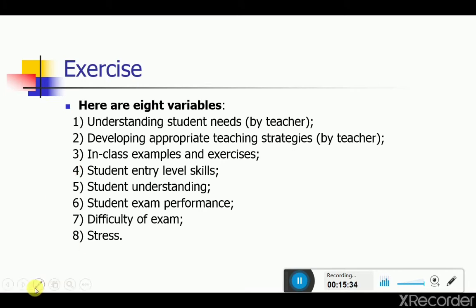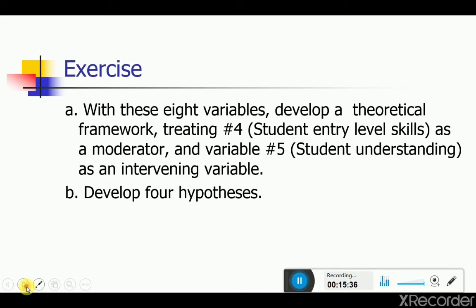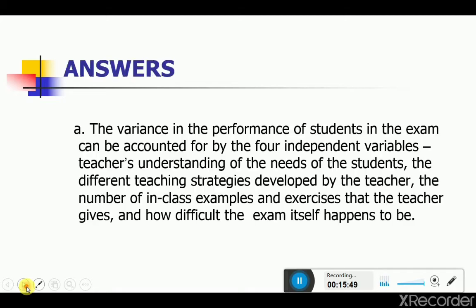Let's start clearly with these 8 variables. Develop a theoretical framework, treating number 4, student entry level skills, as a moderator and variable 5, student understanding, as an intervening variable. Develop 4 hypotheses. The variation in the performance of students in the exam can be accounted for by the 4 independent variables: teachers' understanding of the needs of the students, number 1, the different teaching strategies developed by the teachers, 2, the number of in-class examples and exercises